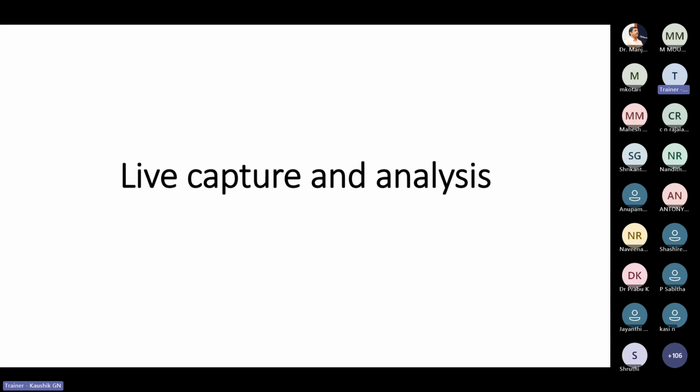In the previous session, we talked about how we can detect and how we can mitigate the threat or the vulnerability. But here, in live capture and analysis, we are doing post-mortem work. Forensics means that when some crime has happened, we investigate it. Similarly, in forensics, we have different fields. You may have heard of DNA forensics and so on.